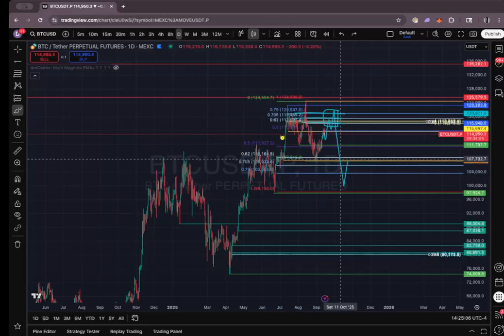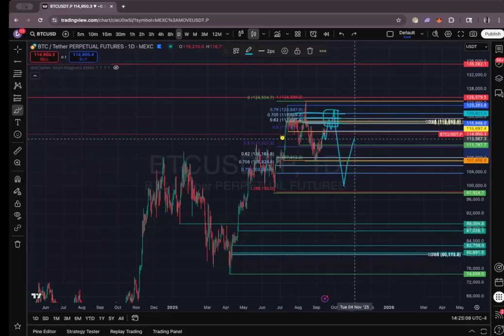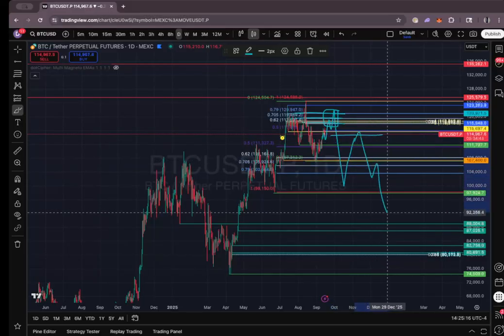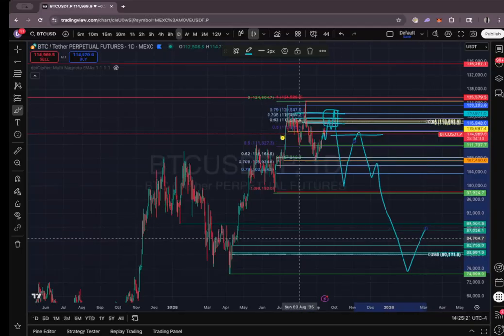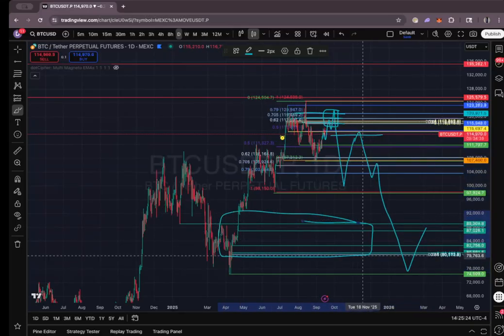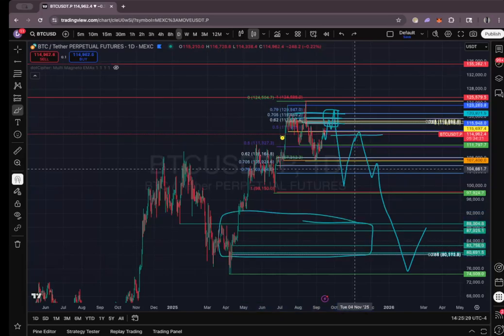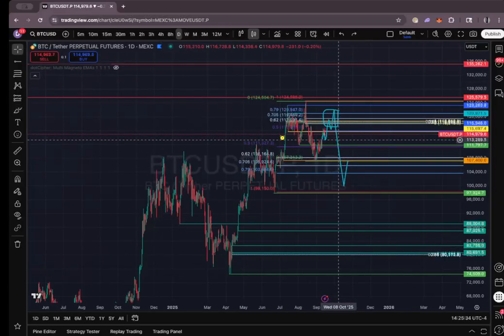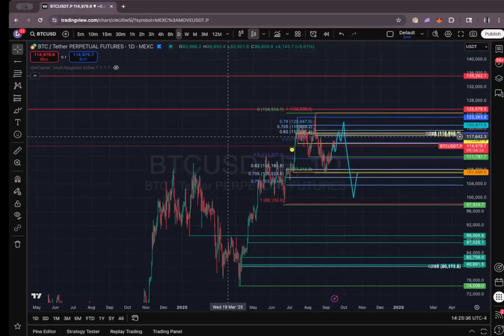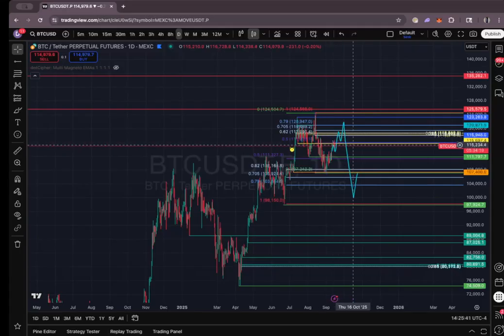Even if we do break this low one more time, I will then continue to add to my shorts every single time we do a pullback above 110, right? Because structure will be confirmed at that point on the monthly, such that the high time frame draws will still be under 90,000. So under 90,000 is still going to be my high time frame level for when I start to turn bullish again on Bitcoin. But Bitcoin's run is pretty much over. All it needs to do is give me a little bit more of a push and then close a weekly under 115.